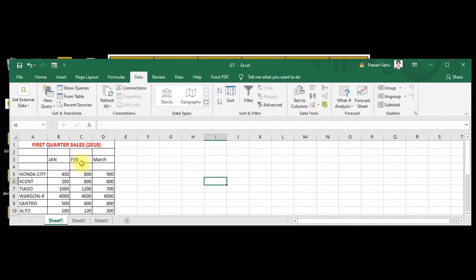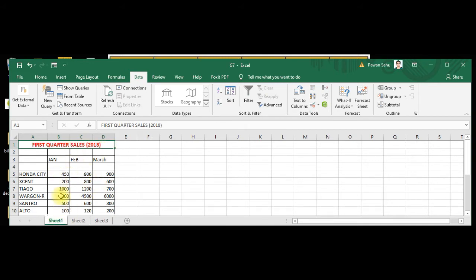Let's say this is one table, first quarter sales 2018. These are the car names, and these are the units sold all over India in the months of January, February, and March. This is the data of 2018. Now in sheet 2 we have the data for 2019, which is different.